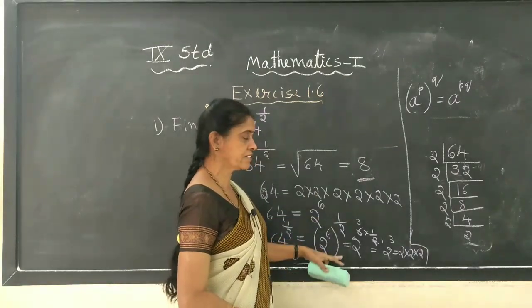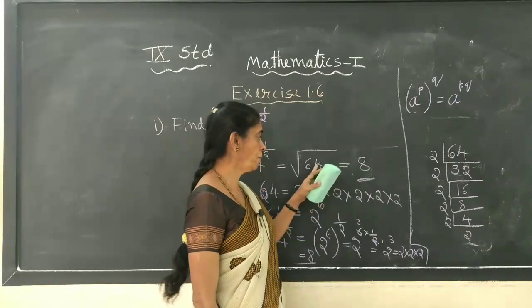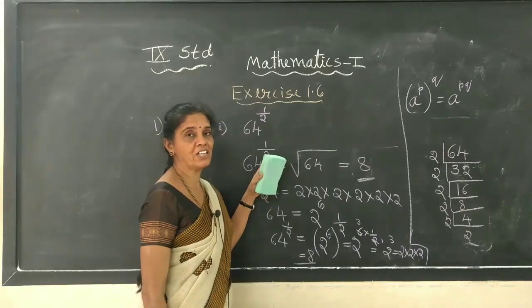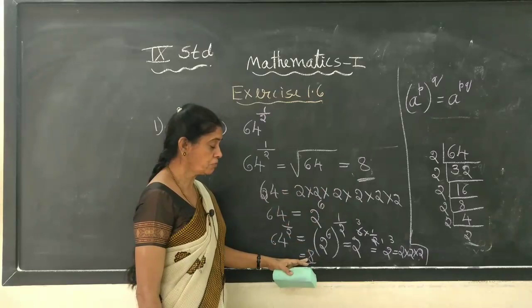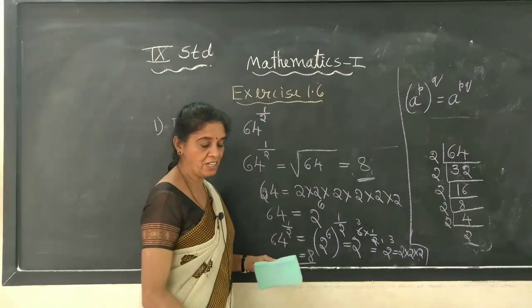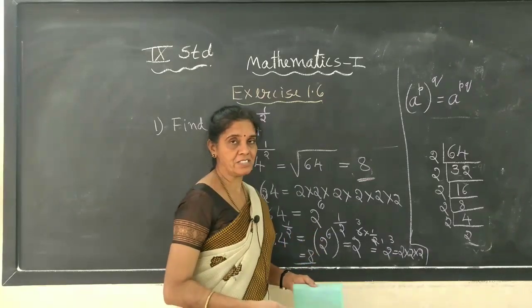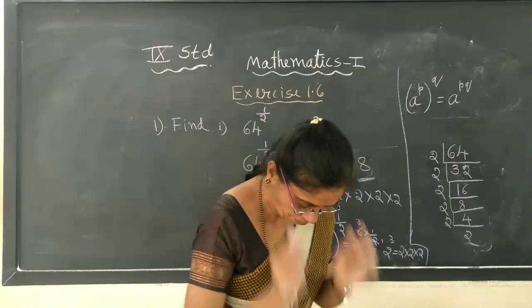This is a little bigger step. The first is the easiest step, but in some problems, if it is not a square root directly, or if they do not give a square number directly, this method will help you. So I did it using this method also. If you see other problems, you have to use this method to get the answer. Okay. Now we will see the second problem.